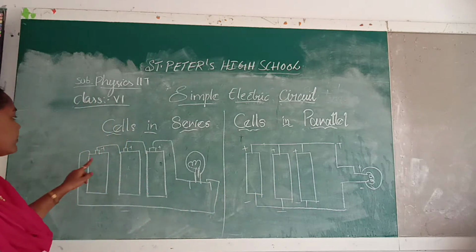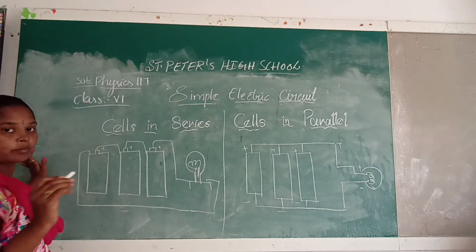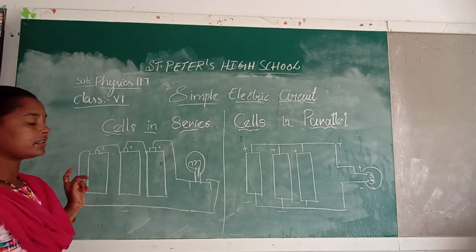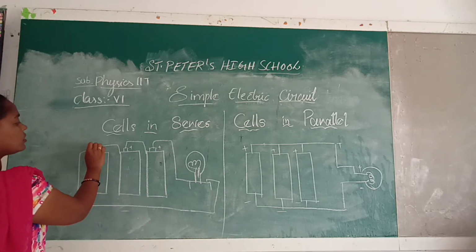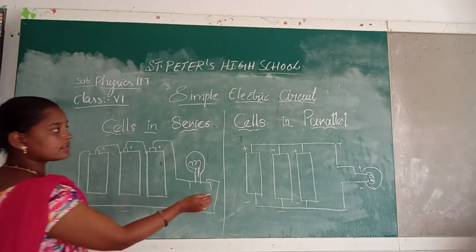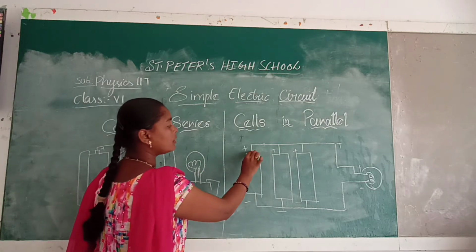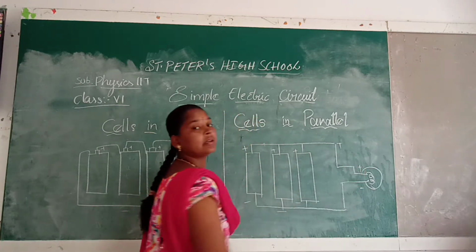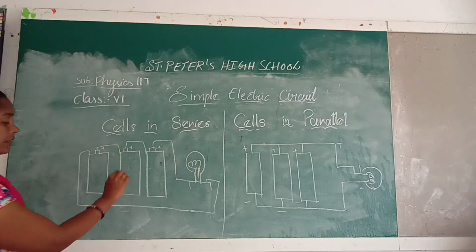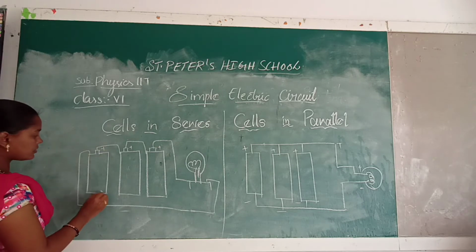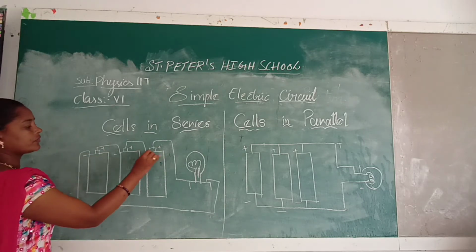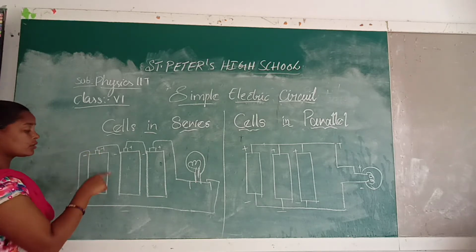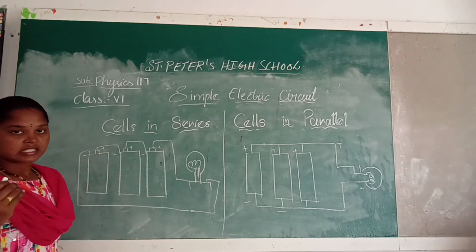Okay. So, in series, as we know, a battery has 2 terminals. What are they? Positive as well as negative terminal, right? In series, positive is connected to the negative. Whereas in cells in parallel, all the positive ends are connected to one terminal and all the negative terminals are connected to one terminal again. So here this is the positive terminal and this is the negative terminal. The bulging portion of the cell is called the positive and the outer layer is called the negative terminal.